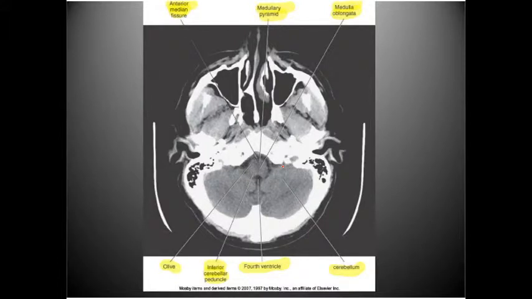Here we're going through more inferior portions of the skull, and so this is going to be the medulla oblongata. We've already scanned through the pons, just anterior to the fourth ventricle. We also see that we have the maxillary sinus, mastoid air cells, EAM,